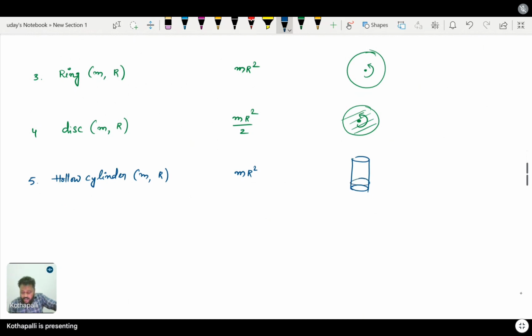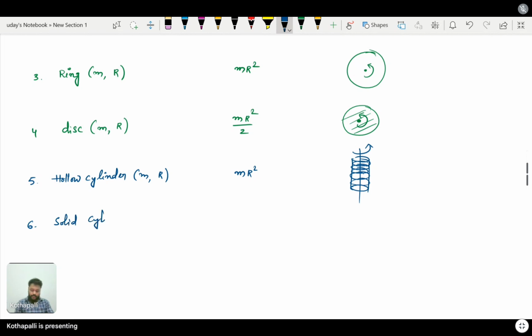It is indirectly like here one ring, here one ring, here one ring, here one ring, here one ring. So the sum of the moment of inertia of all the rings is the hollow cylinder. So first ring mr square, second ring mr square, third ring mr square. Like that, n rings are there. N into mr square. N m you take as the total mass of the cylinder into r square. One ring mass, let's say small m. Like that, n number of rings are there. So total n into m will be the total mass of the cylinder, which is M, again I'm taking capital M, let's say, into r square. Okay, like this. Next, sixth case,